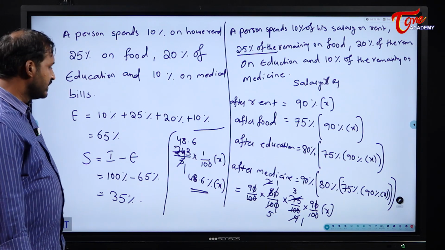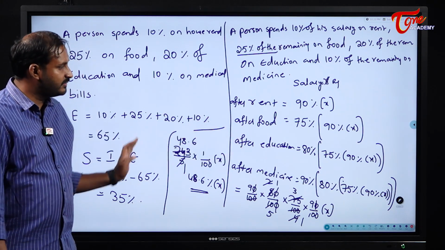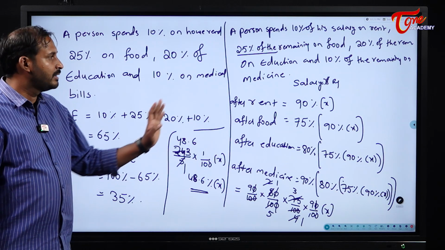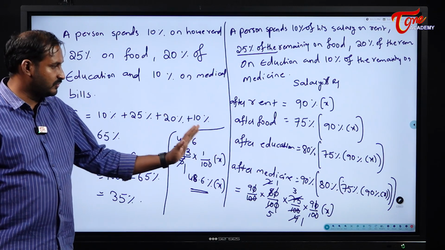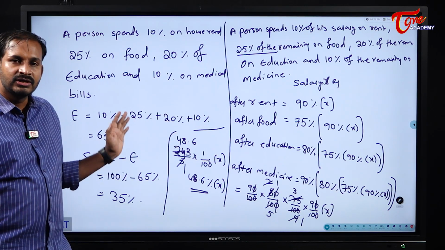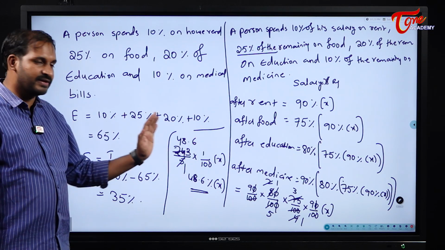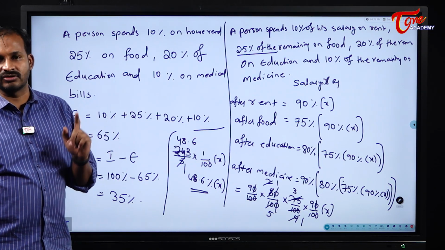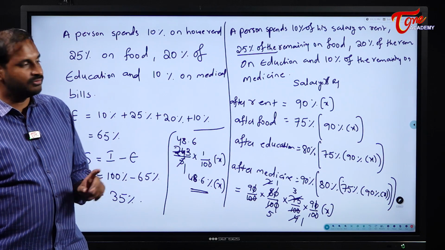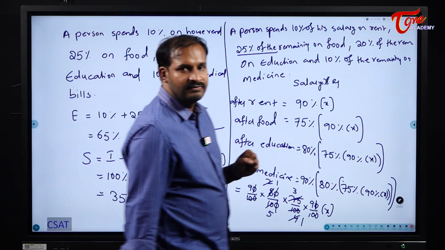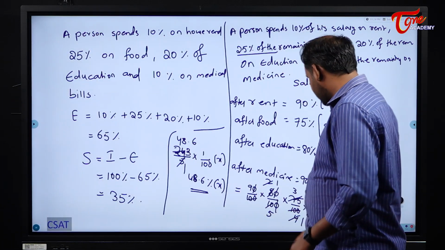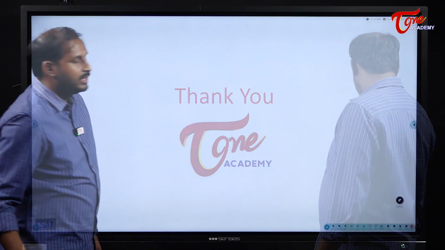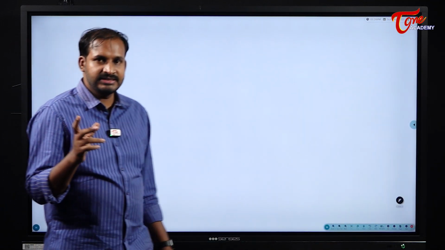48.6 percentage. See here students, there is a lot of difference between this one and this one. Please try to understand the difference between these two things. Then easily you can solve the problems. Understood? See, these are the major things which are asked in CSAT. That is the reason. Next, similarly, one more thing which we have here is based